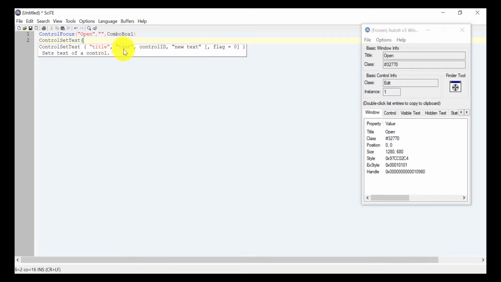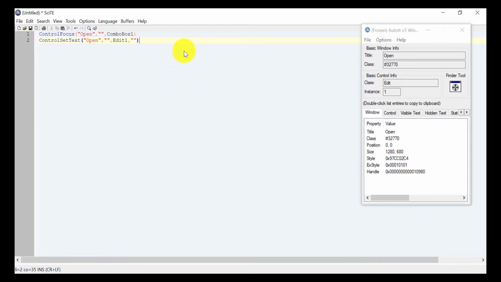So title and control ID. The title is Open, then no text, then what is the control ID? The class, that is Edit, and then Edit1. Edit is the class plus instance, Edit1, comma, path.